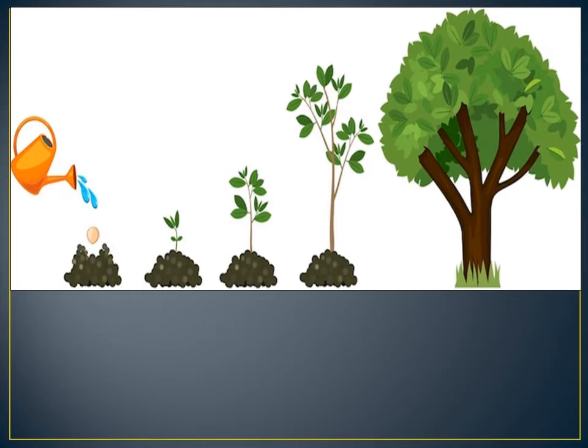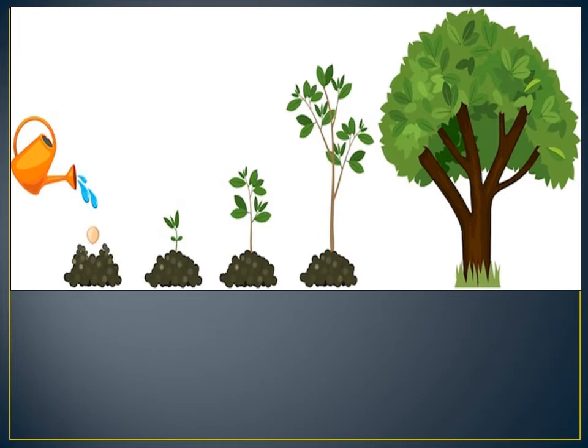Okay, children, as you can see in the picture, plants and a tree. Very first, with the help of water, a seed is sown into the soil, and a small plant grows. Then it becomes a little bigger, and even more bigger, and eventually it becomes a big tree. And you love plants and trees, right? So, from this picture, we come to know that a small seed grows into a very big tree.